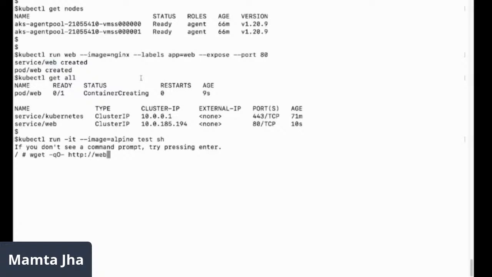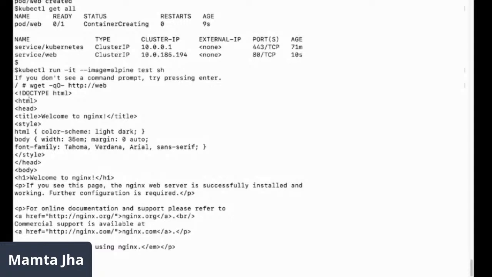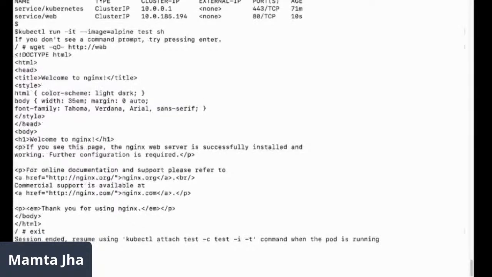You can see here, the service of web was called web. So I'm saying I would do a wget on HTTP web. That means I'm trying to send the packet to the service of this web pod. Let's try accessing. Amazing. We are able to see that welcome to Nginx page. So at present, my two pods are able to communicate to each other.